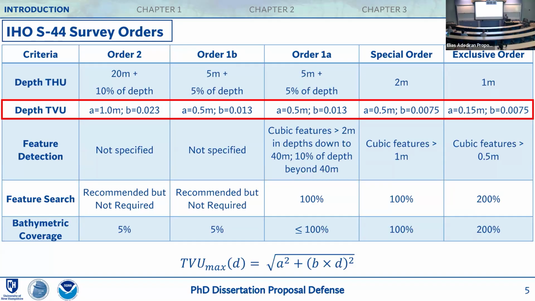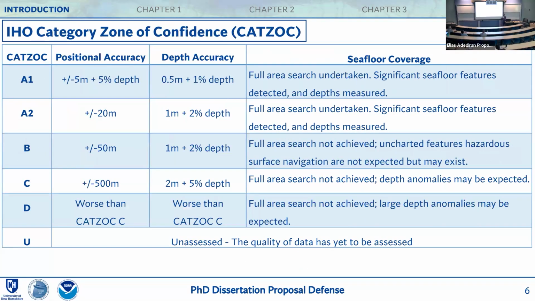So this is the formula we use to compute the TVU. The next standard that is important and relevant to this work is CATZOC, which is Category Zone of Confidence. And the CATZOC,